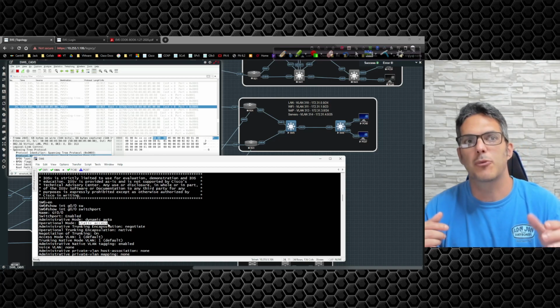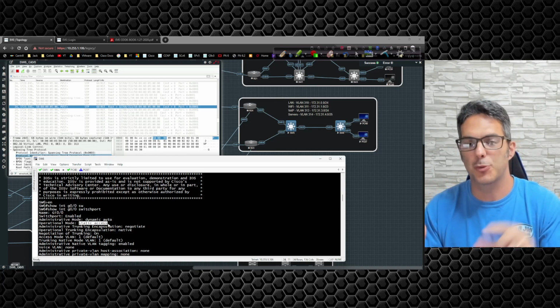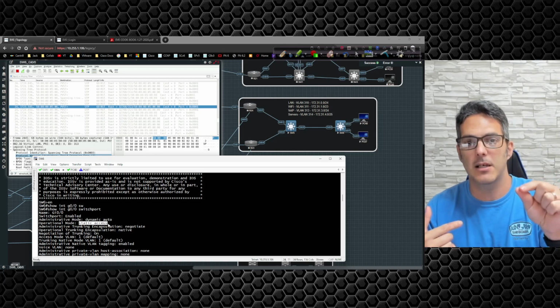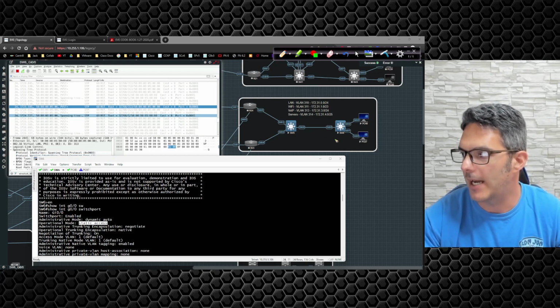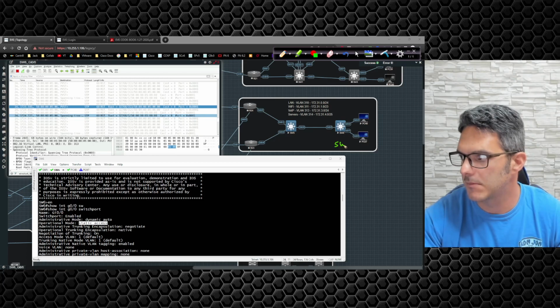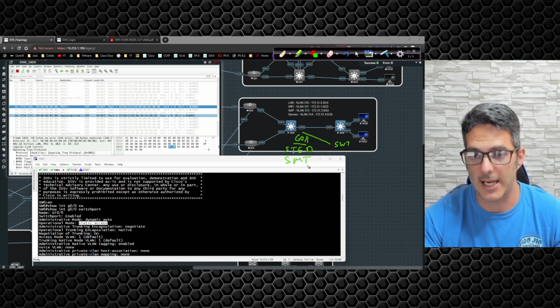If you were to pre-configure, let's say you're going to add a switch to an environment, and you were to pre-configure the interface that's going to be attached to that switch port. Let me give you a visual. If I was to add switch 7, and then run a link to here on gig 0/4. Well, let's say choose gig 0/1. If I was to pre-configure gig 0/1 with the command switchport trunk encap dot1q and switchport mode trunk out of the gate, and then add switch 7 on, say, gig 0/0,